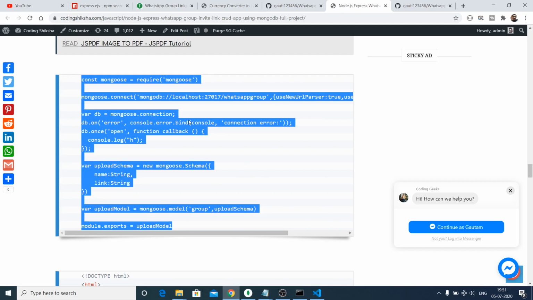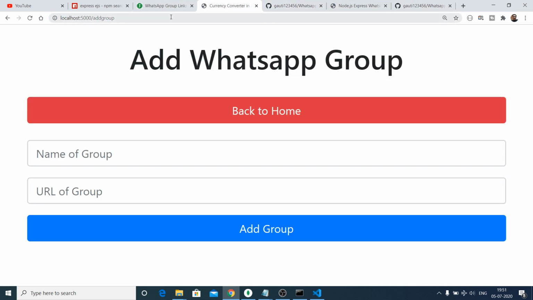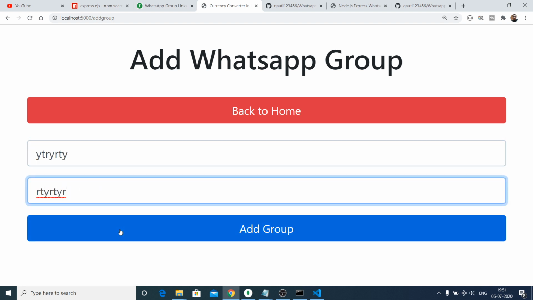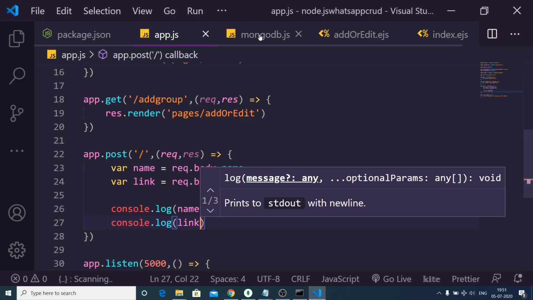If I refresh the application, guys, this is my application. If I enter any sort of name and any sort of URL and click add group, hopefully you will see that the name is there, but the URL is not there. Let me just see, guys.